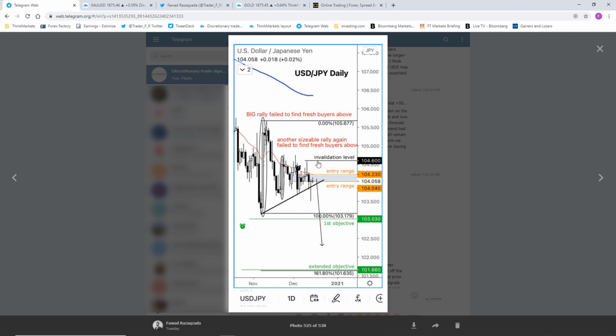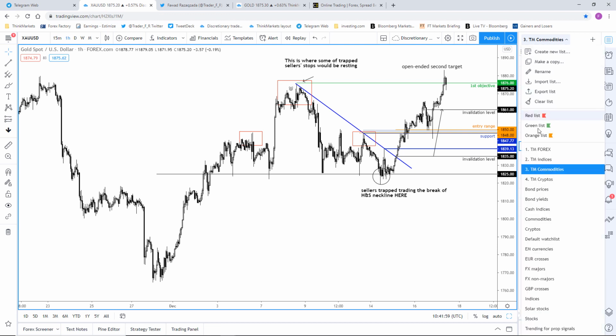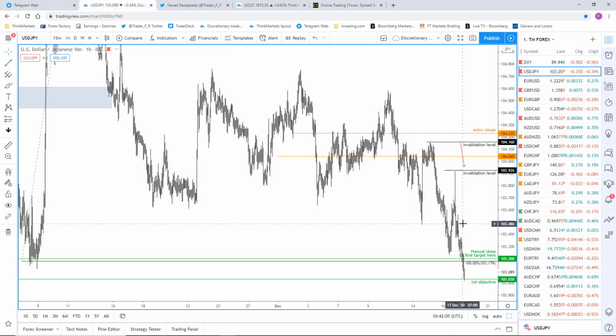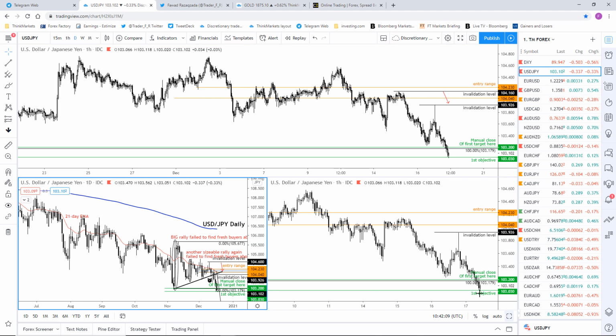The invalidation level could have been a bit tighter, but I left it there initially, and then as the trade progressed, we moved this down. And just to give you an update on that, if you're wondering, this is how the dollar yen is looking now. Okay, so this is the hourly chart. Going back to the daily,